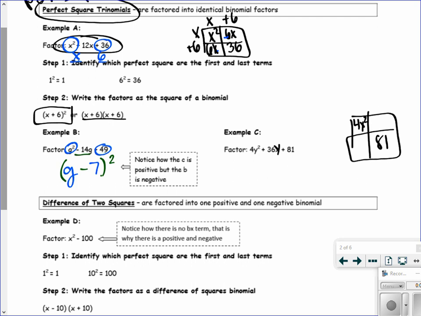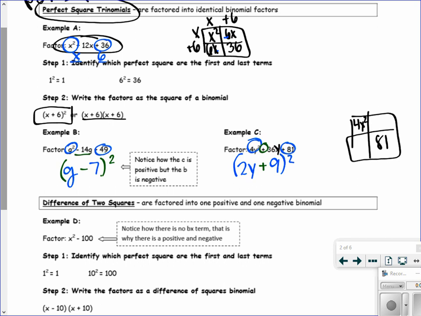When instead, if you can notice it, is that first term a perfect square? What's the square root of it? 2y. Is the last term a perfect square? 9. If you multiply those together and double it, does it give you the middle term? Yes. Then that means this is considered a perfect square trinomial. Whatever that first sign is that you see, that's the sign of the